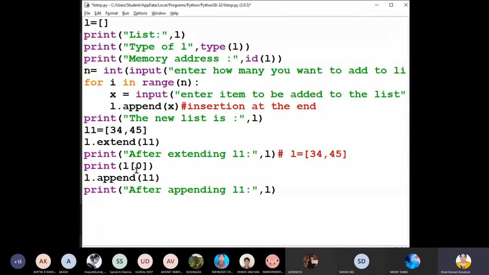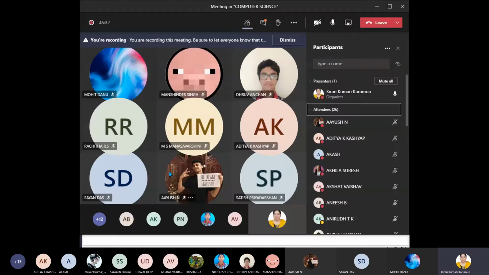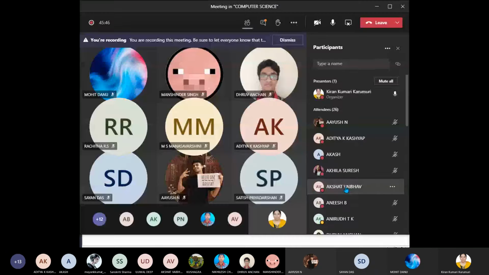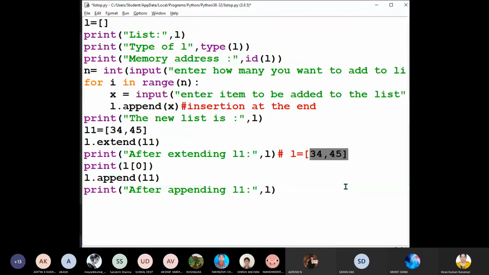Now, what is the value at 0th index? Manasa, can you tell me what is the value at 0th index of this list L? If it is wrong also, no problem, child.